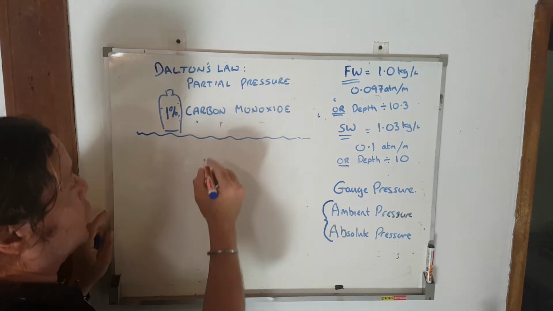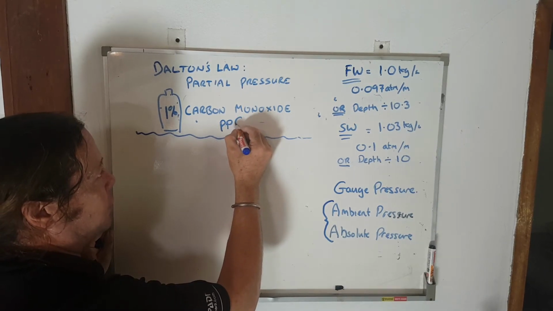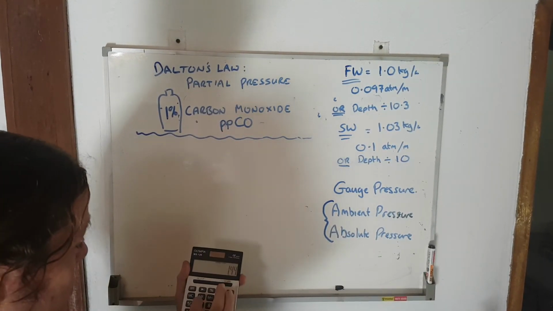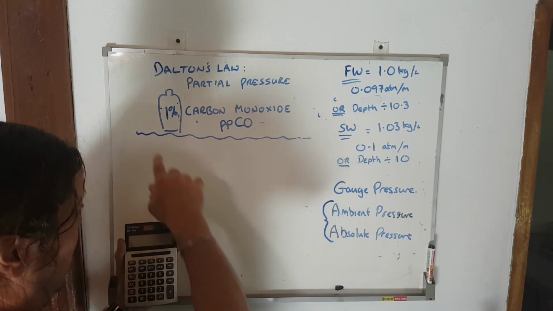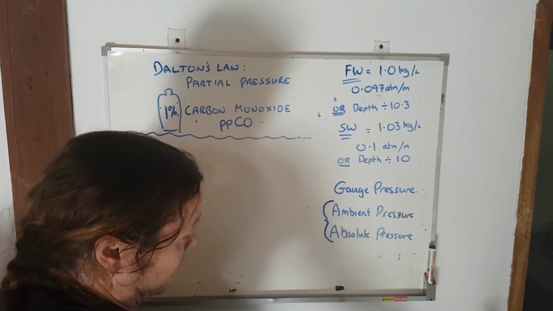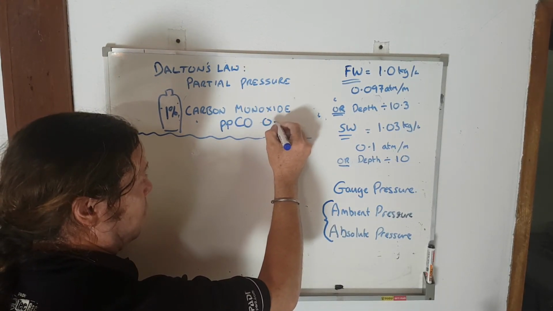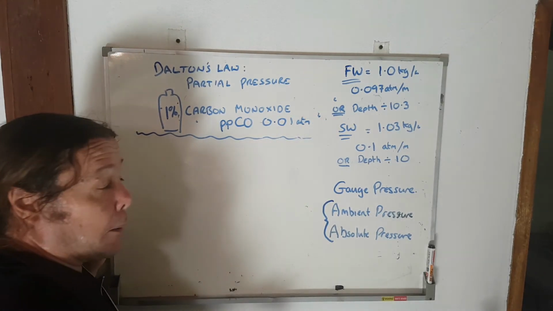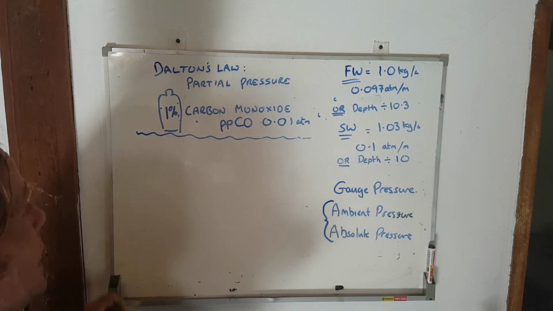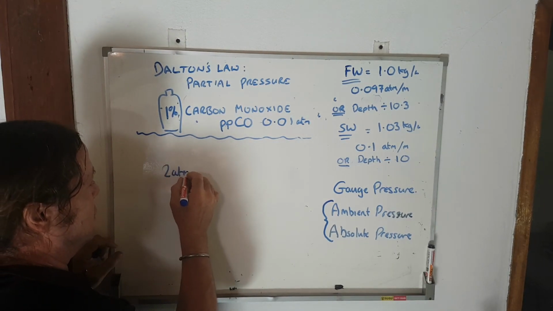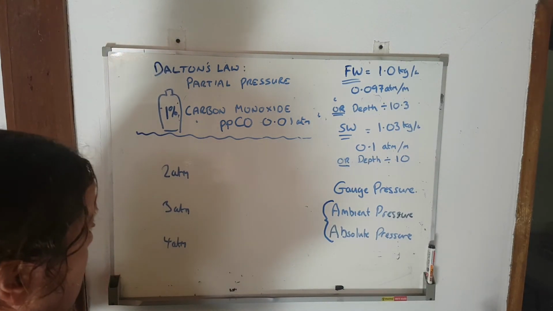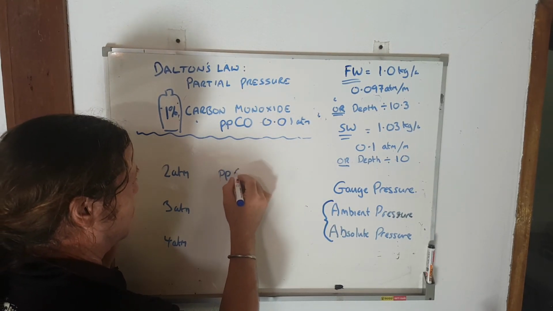So if we look at the partial pressure, and carbon monoxide's chemical symbol is CO, 1 carbon, 1 oxygen, then we do 1 atmosphere, which is what I've got up here, times 1%, which is my carbon monoxide. I've got 0.01, that's fairly obvious, is 0.01 atmospheres. Now I'm not happy about that 1% of carbon monoxide, but it's not going to kill me. As I take this down, suddenly the partial pressure carbon monoxide,